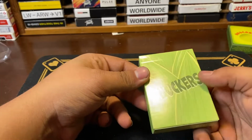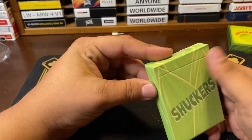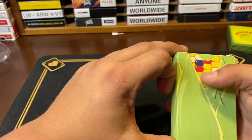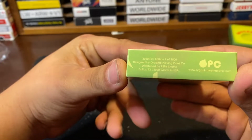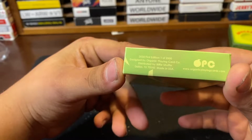It's set on like a tiny semi-glossy, matte finish. It says Shuckers on the top with like the corn shuck. The top is the corn as well. The back shows kind of a little bit of the back design, which we'll get into in a second. And then that design just wraps all the way around. This part says 2020 first edition, one of 2,500, designed by Organic Playing Card Company, distributed by Riffle Shuffle, Dallas,